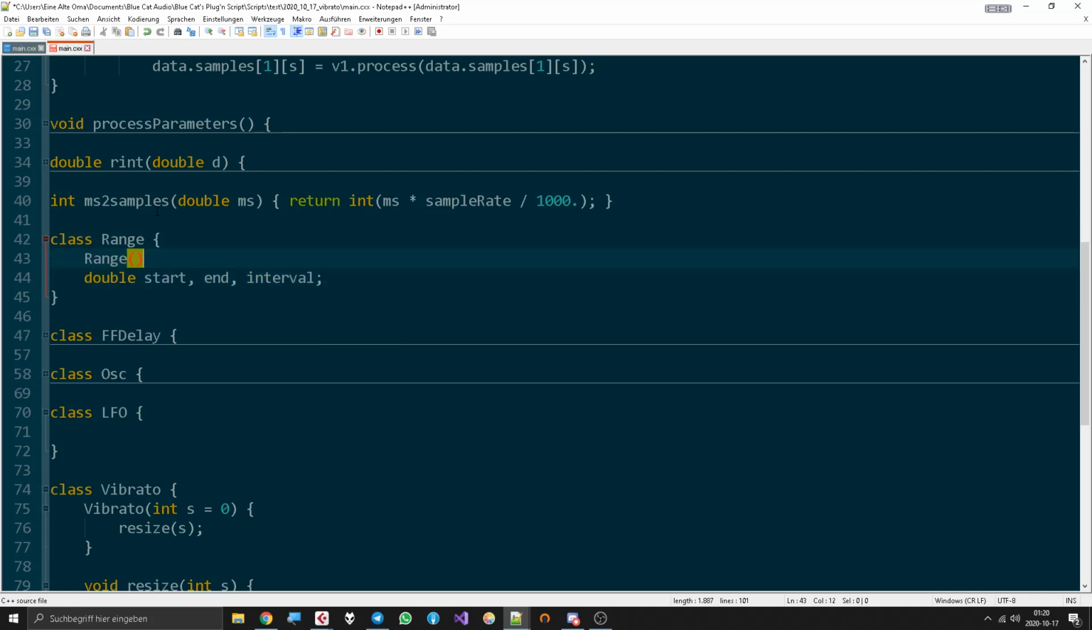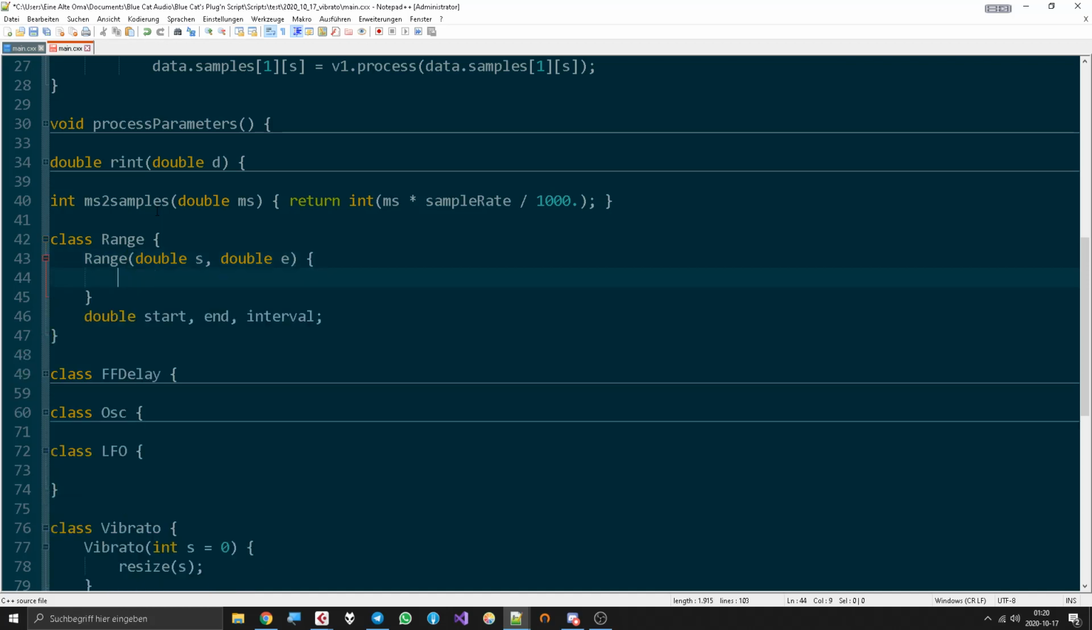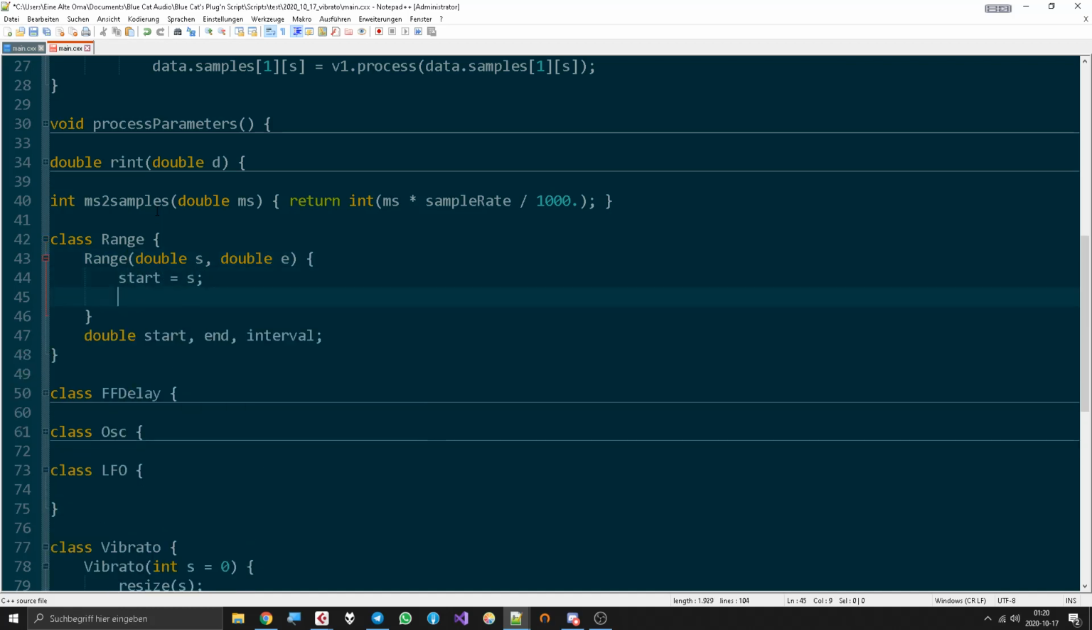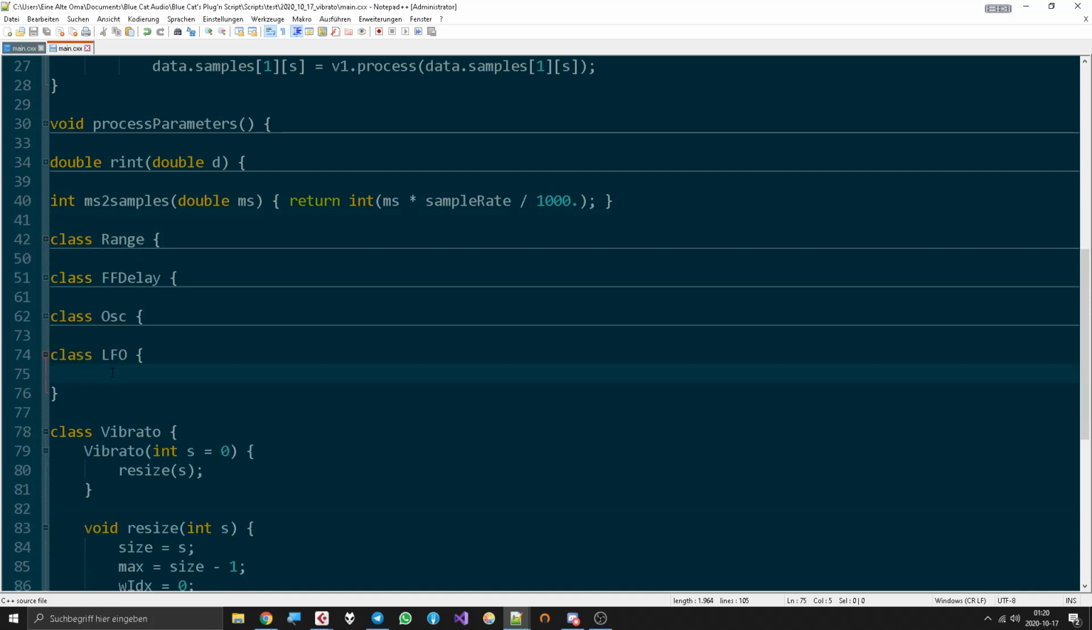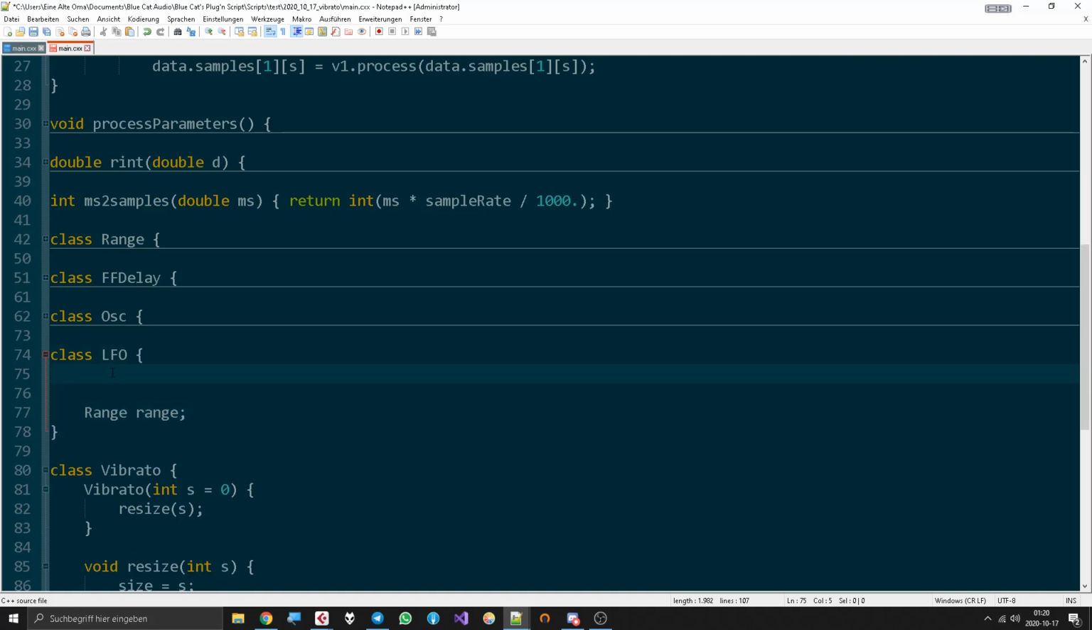Totally stealing the idea of juice here. But I really want to bring this in here. I wish there were initializer lists though. Okay, now the program knows what a range is. So for the LFO we can just say it has a range, and when the LFO is constructed we can say